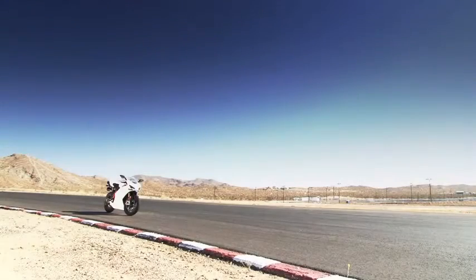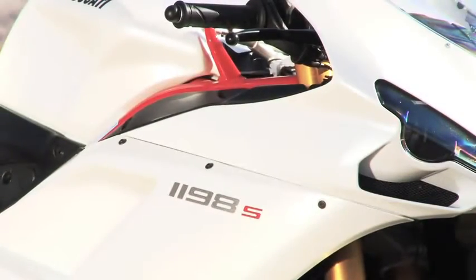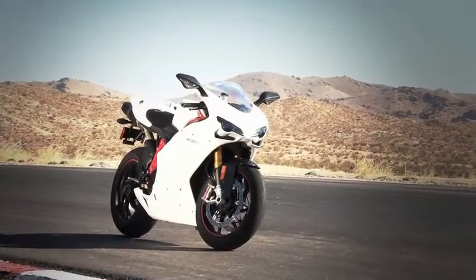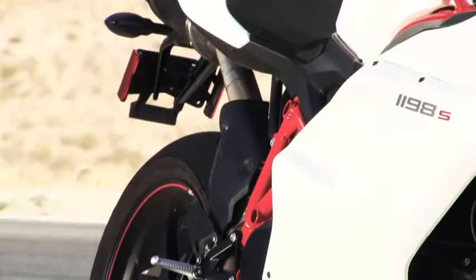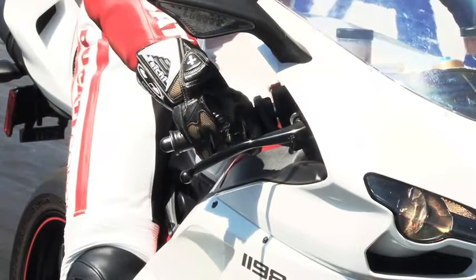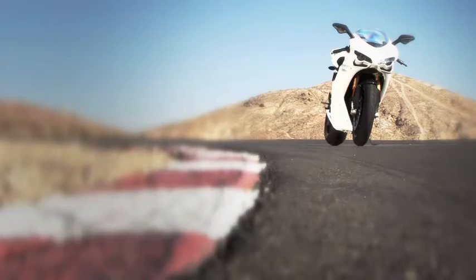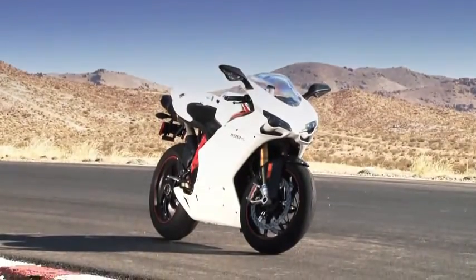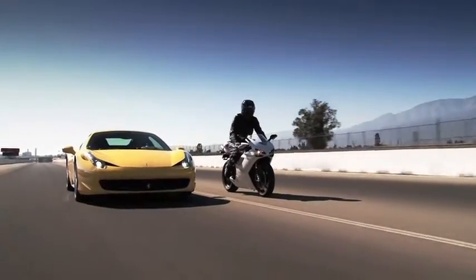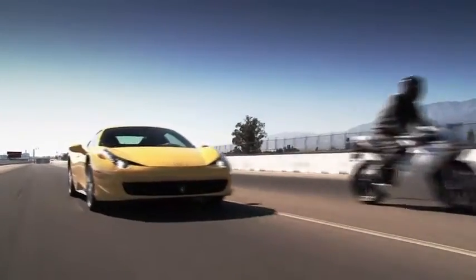Yes, it's a motorcycle, a Ducati. Specifically, it's the Ducati 1198S. Coming in at a fraction of the Ferrari's price tag, this $22,000 street racer features a 1.2-litre V-twin engine producing 170 horsepower at 10,000 RPM. More importantly, the 1198S weighs just 438 pounds, compared with the Ferrari's 3,400 pounds, meaning its power-to-weight ratio is an